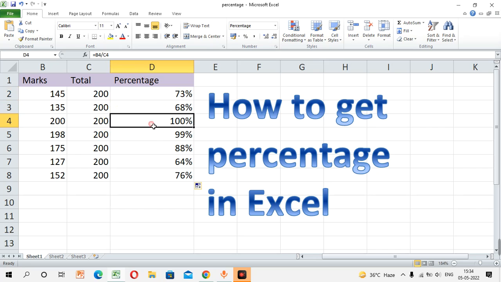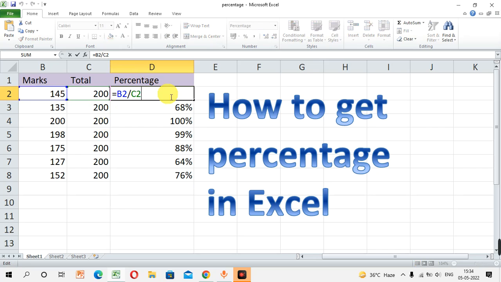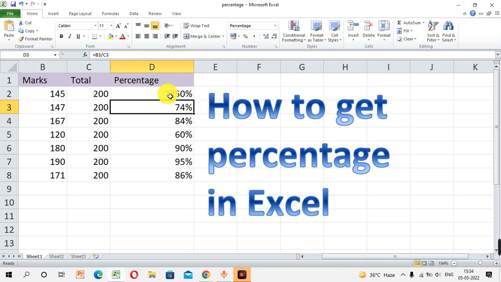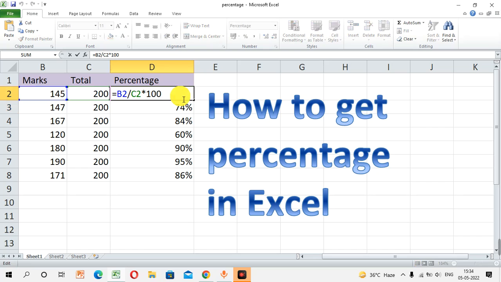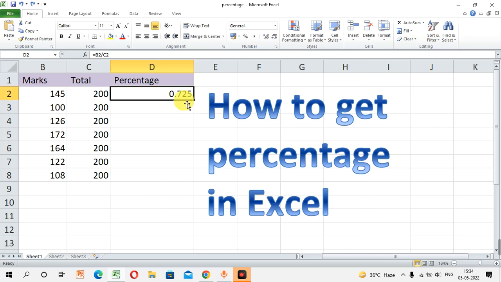Suppose we just multiply by 100 here, and we are not going to apply Ctrl plus Shift plus percent. If we just multiply by 100, it is already applied here. First of all, let me remove the formula here. Now suppose I just want to multiply by 100, I will get 72.5 here. It is not showing any percentage sign here, but once we apply